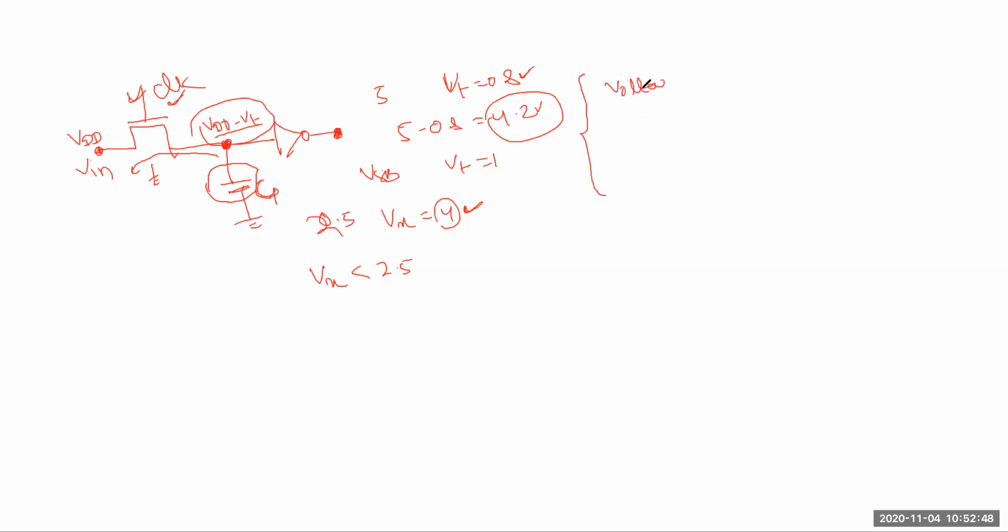To remove that problem, we have a solution in dynamic circuits, that is voltage bootstrapping. The voltage bootstrapping circuit is used to enhance this voltage. Suppose this is VDD, we will not get VDD minus VT; we will get the maximum voltage, VDD, or more than VDD. If this voltage is VDD or more, we will at least not get any error functionality. That's why this circuit is called a voltage bootstrapping circuit.